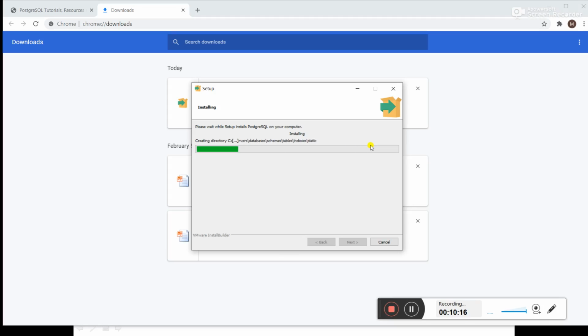See, it started creating the directory in the selected drive, that is in C drive.